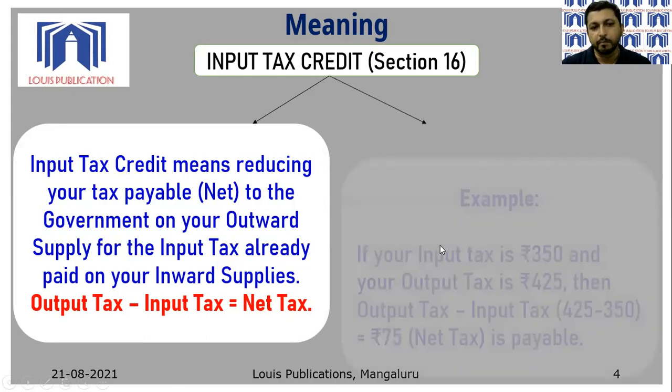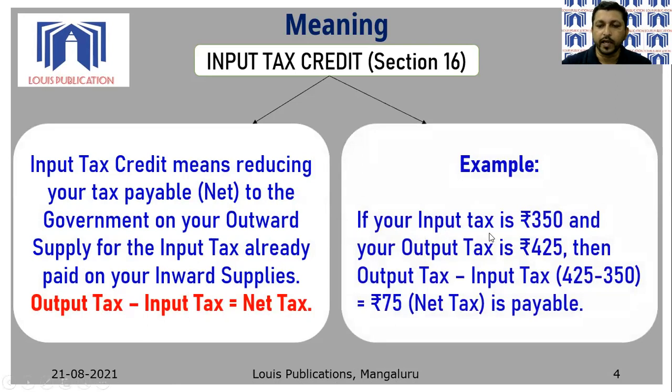Let's take an example for that. If your input tax which you have already paid to our supplier is rupees 350, and what we have collected from our customers, let's say, is rupees 425, then the output tax minus input tax, that is 425 minus 350, rupees 75 net tax is payable. So when we are claiming a deduction of this 350 rupees from the output tax that we have collected from our customers,